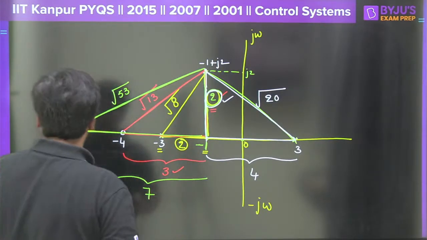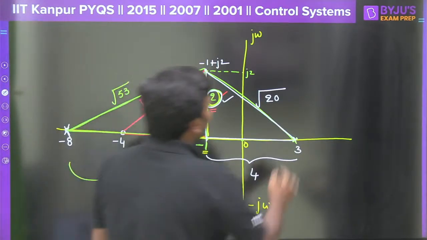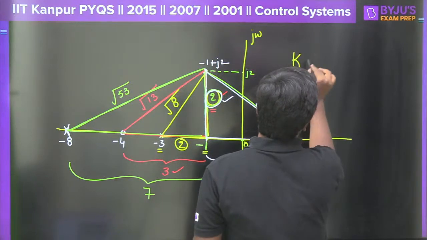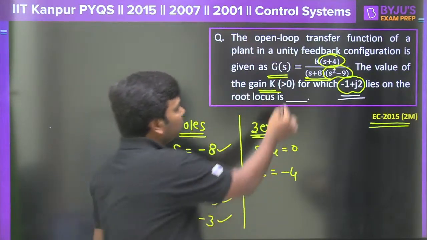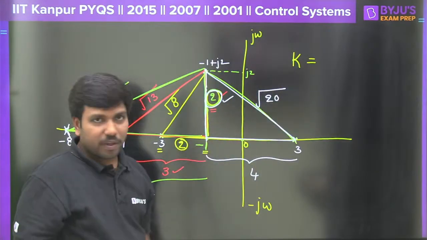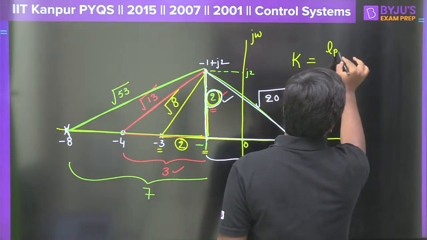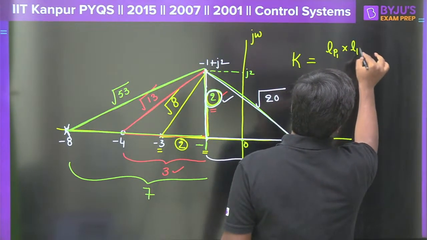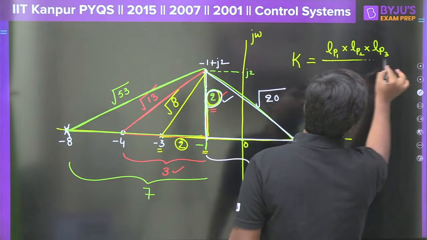Now what we should do here is look at the last step of this. The gain K can be calculated like this, because ultimately we require to calculate the gain here. So we are evaluating the gain K here. How do we do that? Now K is equal to the product of the lengths from all poles, LP1 into LP2 into LP3, because there are 3 lengths from the poles, divided by